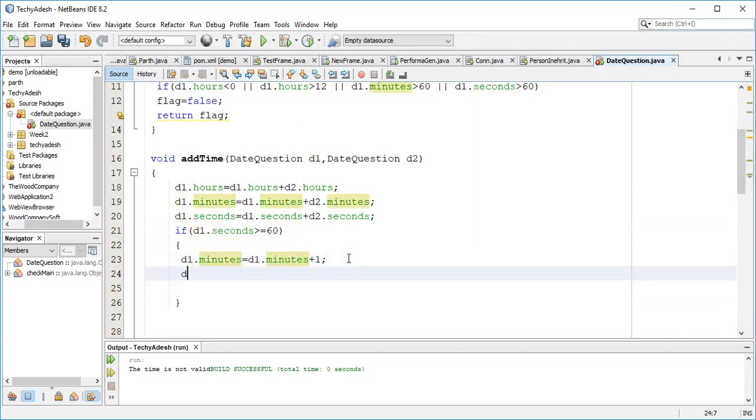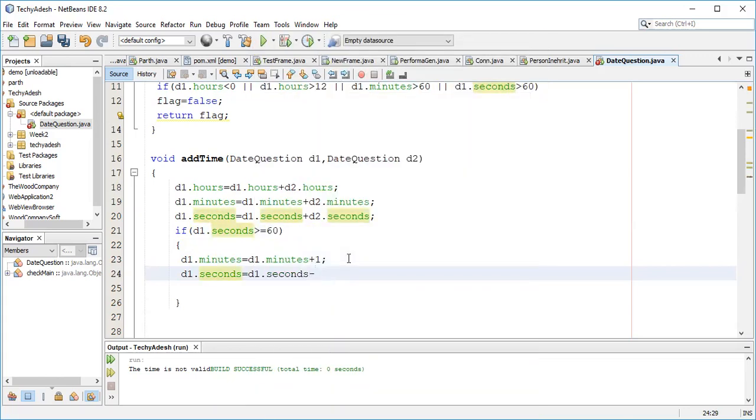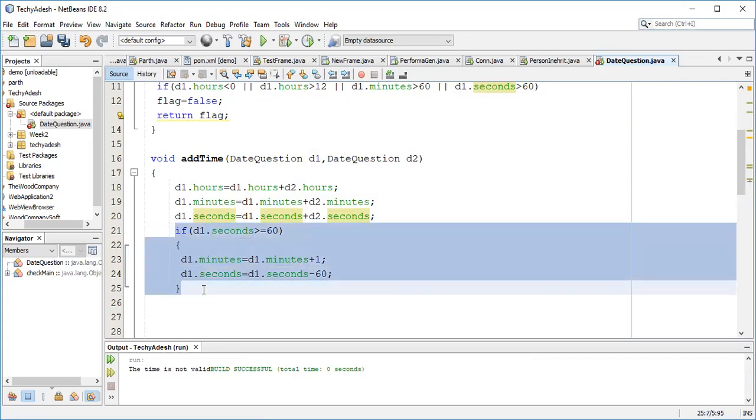Similarly, the seconds should be decreased by 60, because 60 seconds are already converted into minutes, right? So first of all, I'll convert the seconds into minutes.